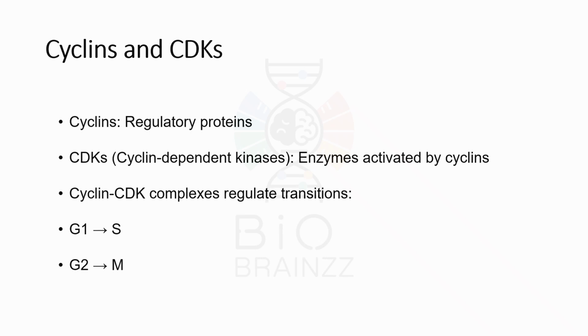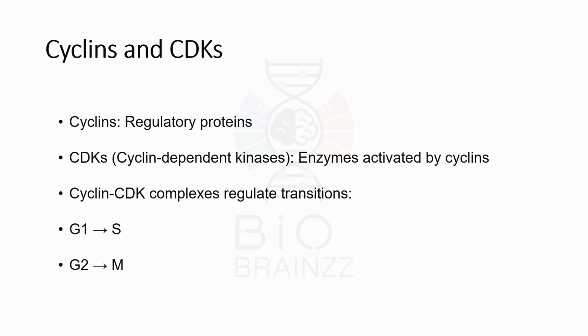Cyclins and CDKs. Now we come to one of the most important molecular concepts, cyclins and CDKs. Cyclins are regulatory proteins while CDKs are enzymes that become active only when bound to cyclins. Together they form cyclin-CDK complexes. These complexes control the transition between different phases of the cell cycle, especially G1 to S and G2 to M